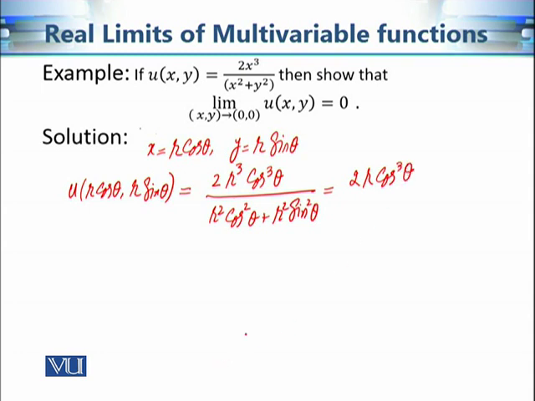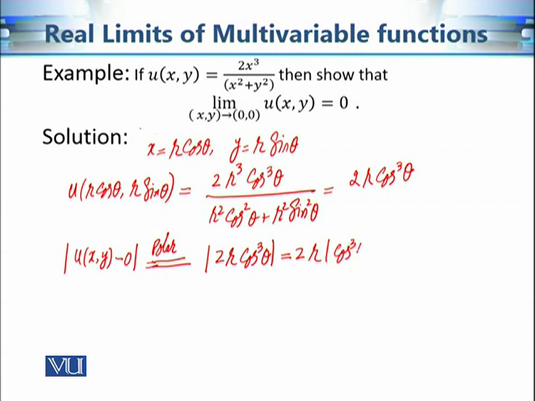Now what do we want to prove? We want to prove that the limit of this function is 0. In other words, we want to check whether this distance is as small as we want. Now using polar coordinates, this distance becomes 2r cos^3 theta. And we know that cos^3 theta is less than or equal to 1, so we can say that this is less than or equal to